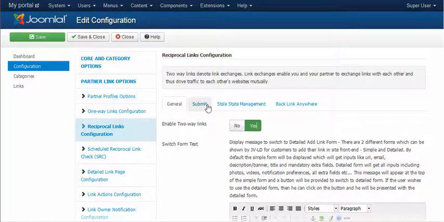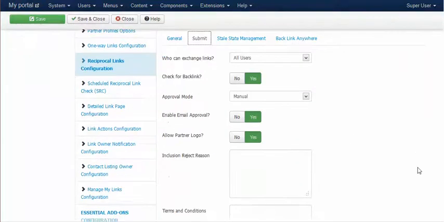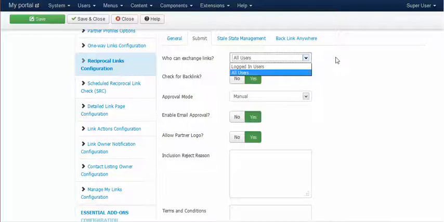Now let's go to the submit tab. This submit tab gives you options about who can exchange links with you. Is it just the logged in users onto your site, or does it even include the guests and the registered users? And the next option, which is check for backlink, indicates whether at the time of link exchange by your partner, JV Link Directory should be checking for your backlink from your partner's website to your website.